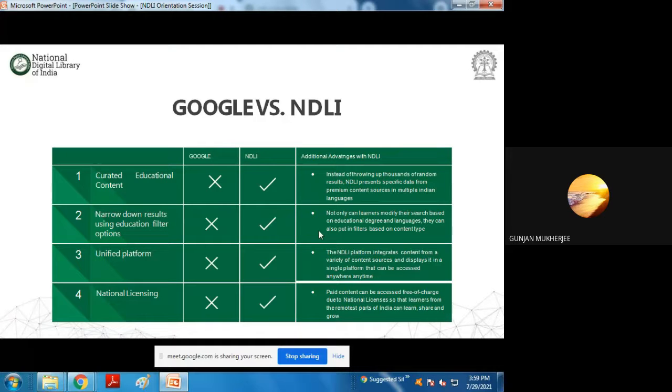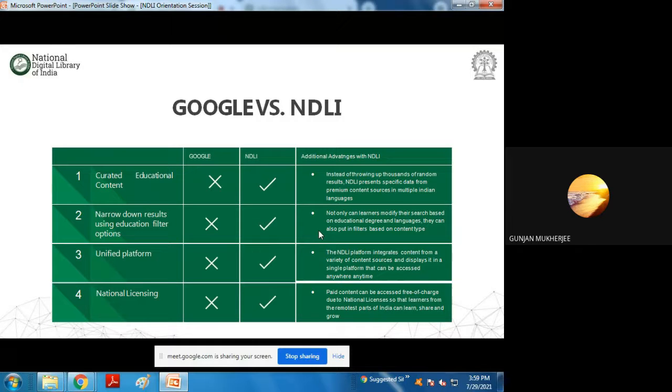In the case of Google, you can simply search for any particular thing. You give the keywords and it will automatically search for you. But you get all different items connected to your search key, which means you cannot apply a filter or narrow down the options of searching. Once you apply these filter options here, you only get the pertinent, relevant materials that you are looking for. It is not that the whole big resource of materials will be available in front of you.